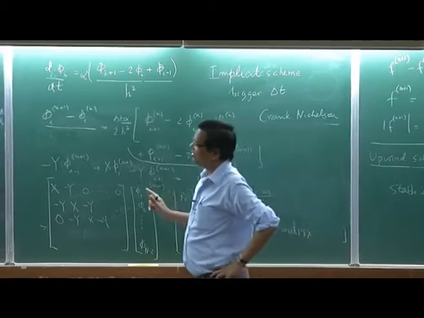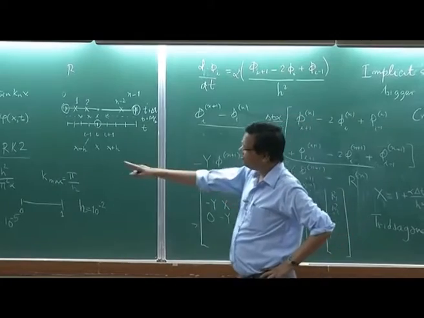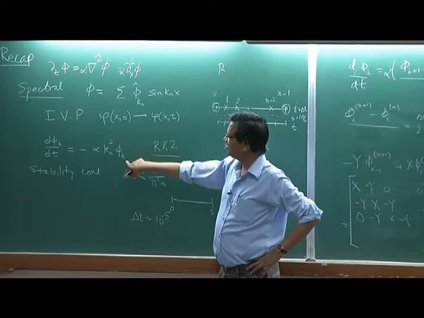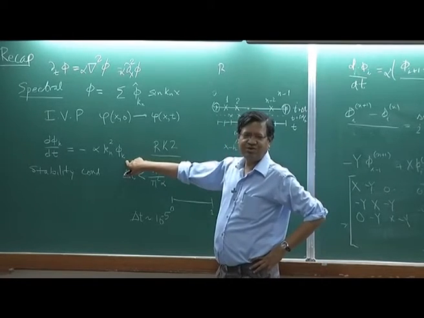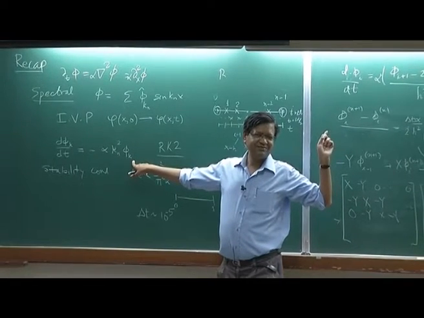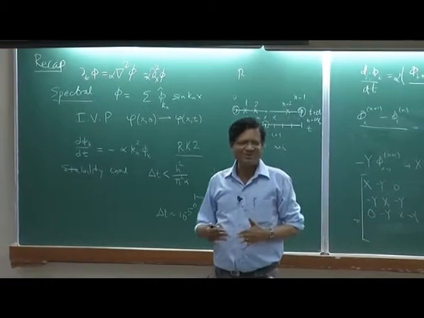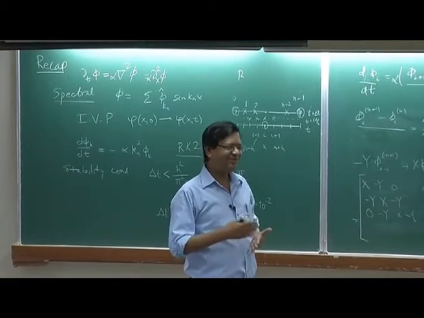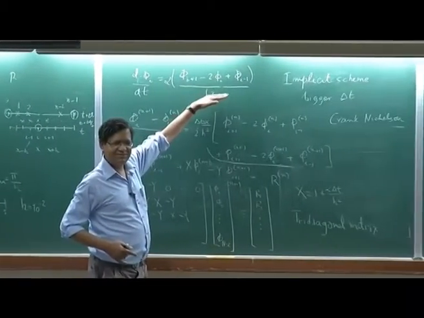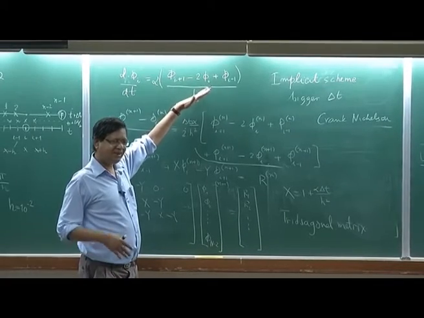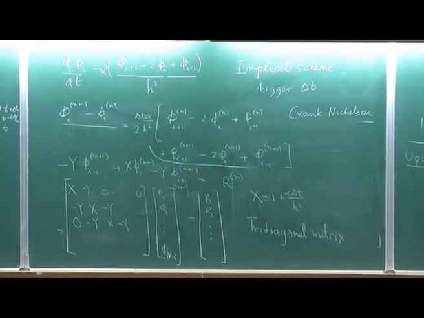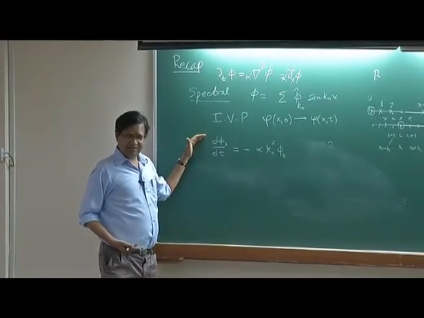It turns out I am going back and forth. So, if I want to solve this using the implicit scheme, then the spectral method does not involve all these ideas. Why not? The spectral method, which I use mostly for my research, has a lot of advantages, because my second derivative is not computed like this. I do not get a tridiagonal matrix. In fact, I get a very nice simple way to solve this equation. So, let us just do this again. If I want to solve it by the implicit Crank-Nicolson scheme, what should I do?